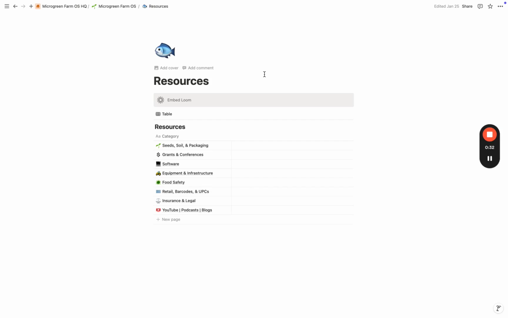The resources tab is going to be the meatiest of the preloaded sections, and that is because it has tons of references to outside sources like seed suppliers, soil suppliers, packaging suppliers, grants, and conferences that are not necessarily specific to a certain geography, popular softwares I found, sources for equipment and infrastructure, and other references to articles about food safety, how to get barcodes and UPCs for your retail, a handful of references to insurance providers for farms,